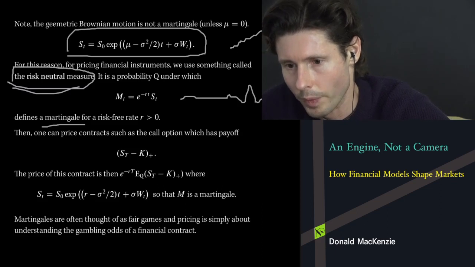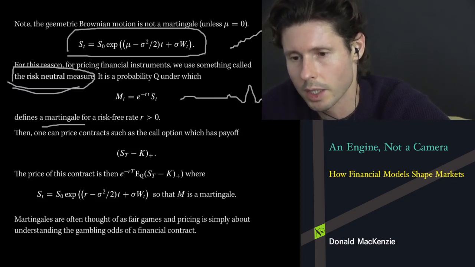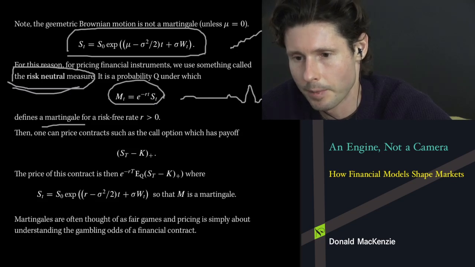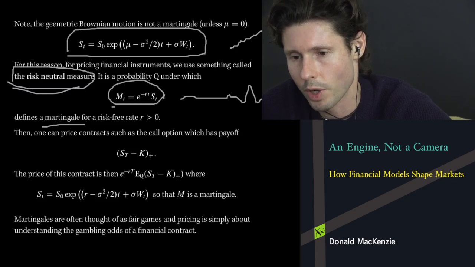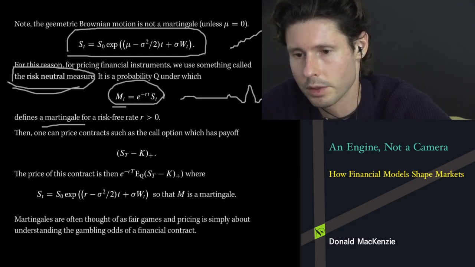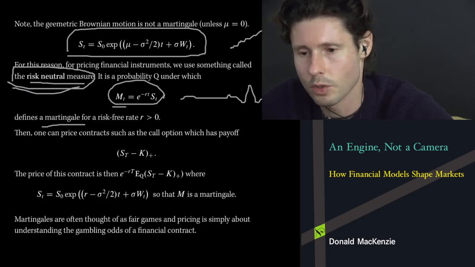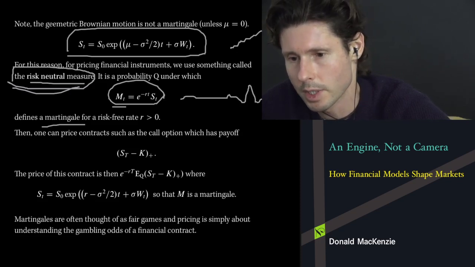And so what you do when you price, you actually want to come up with a martingale, which in this case is going to involve a new stochastic process M, and also something complicated called a risk neutral measure, which is a set of probabilities that turn M into a martingale. So this is outside the scope of this class, but roughly what this is saying is that